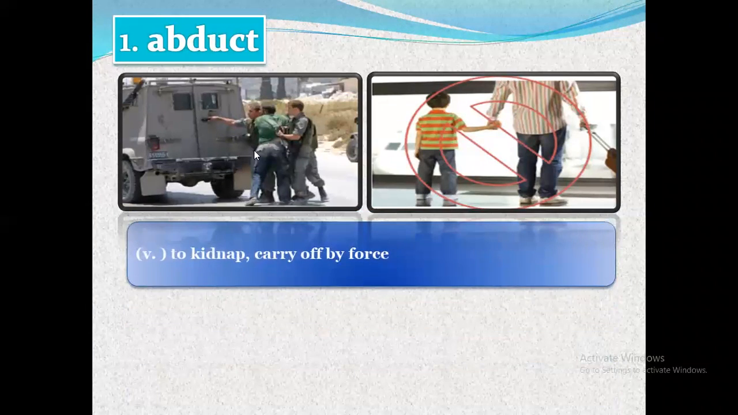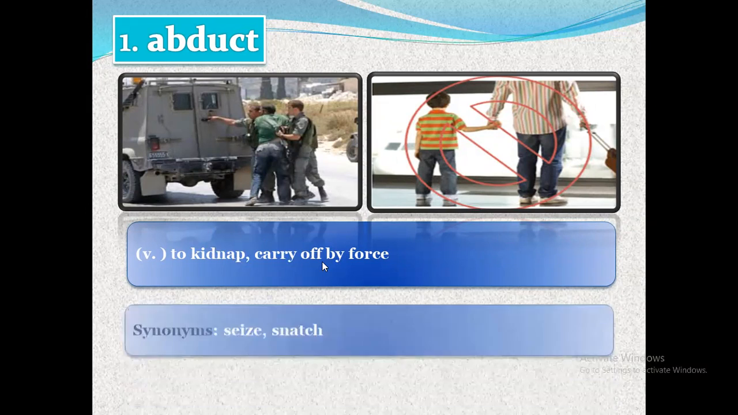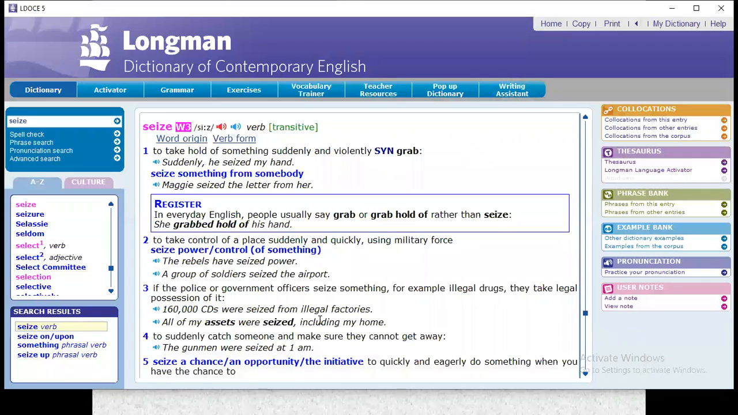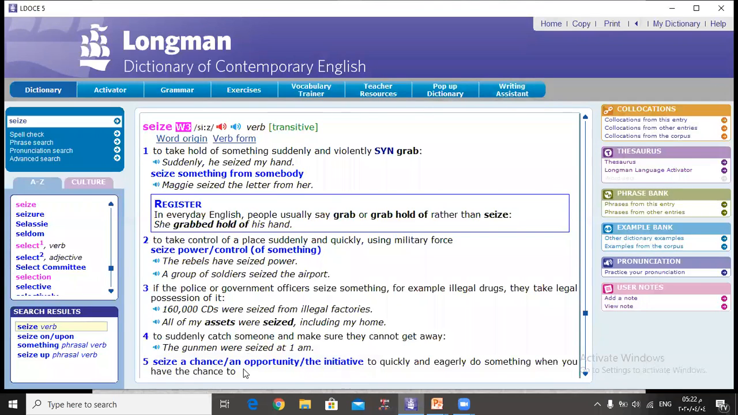So this is a verb, and it means to kidnap, or to carry off by force. The synonyms for this word are seize and snatch. If we write down here in Longman the word seize, we'll find it means, as a verb, to take hold of something suddenly and violently, or grab, as we studied this word before. Also, the word snatch,